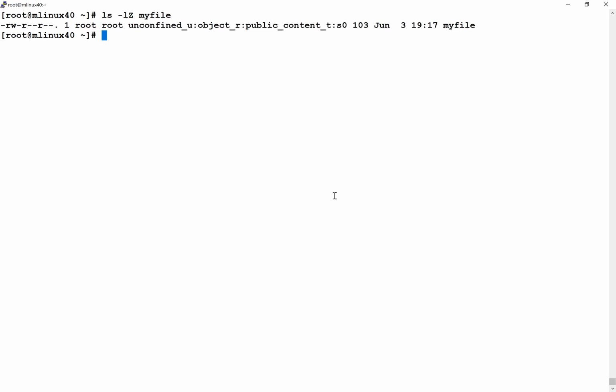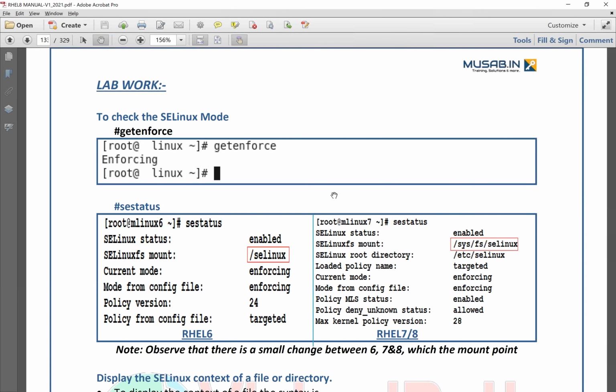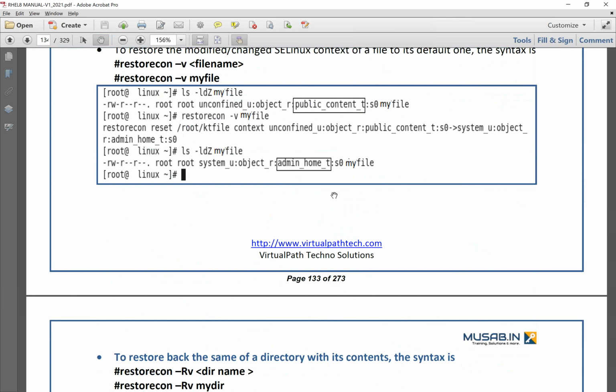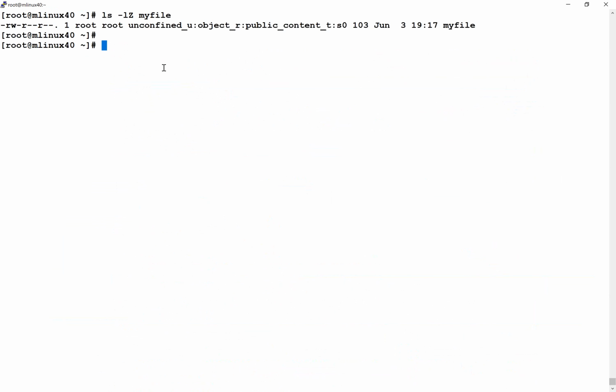What I want to do is run a command, and when I run that command, the context should automatically be reset to its default value. How can I reset it to the default one? In that scenario, we have a command called restorecon. Everything is mentioned in your manual with examples. So we go with restorecon. That's the short form of restore context. So I'll say restorecon